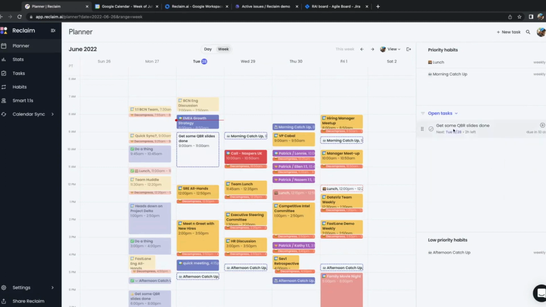If I finish it early, I could mark it as done. If I wanted to, edit it or change it or start it sooner, I've got a bunch of those controls here. While we're on the topic of doneness, before I go into the integrations,